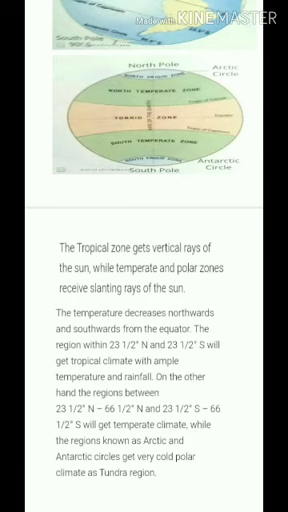The region within 23.5 degrees north and 23.5 degrees south gets a tropical climate, with enough temperature on the equator and neighboring parts, and rainfall. On the other hand, the regions between 23.5 degrees north and 66.5 degrees north, and between 23.5 degrees south and 66.5 degrees south, get a temperate climate, while the regions known as the Arctic and Antarctic circles get a very cold polar climate